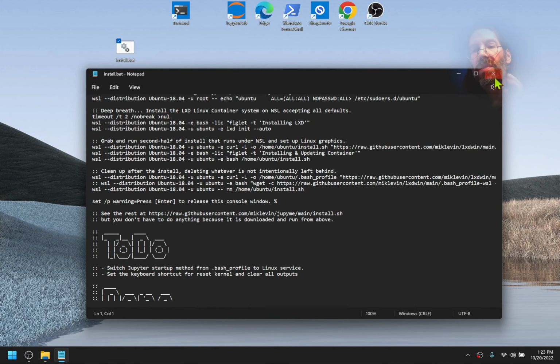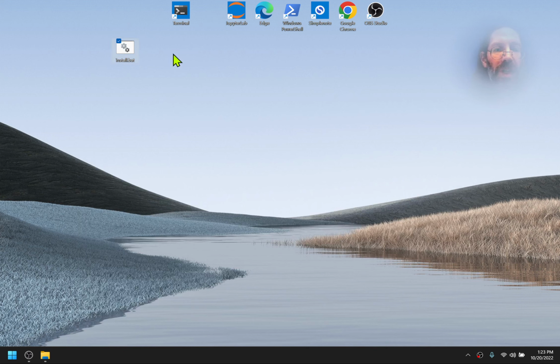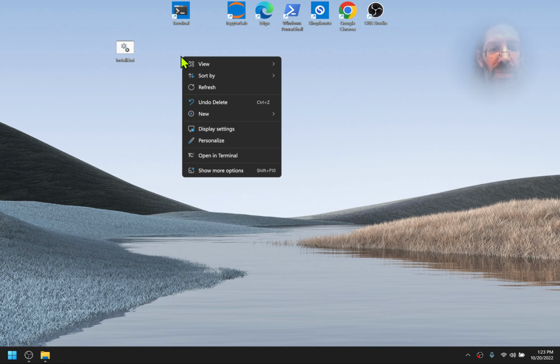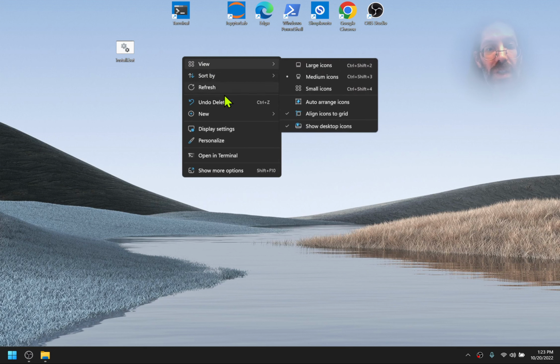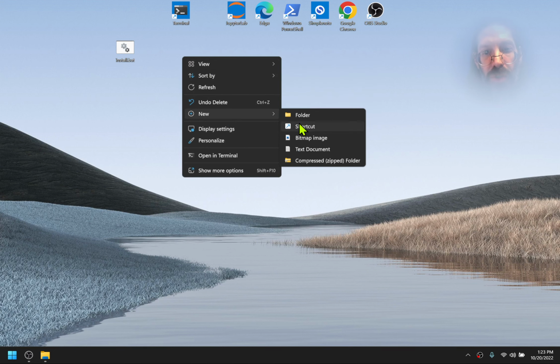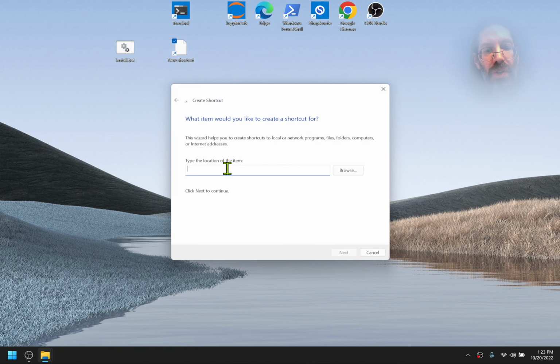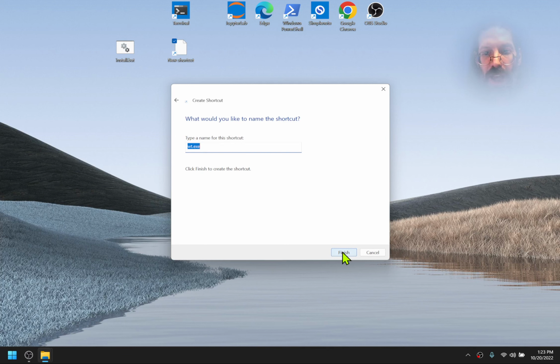Yeah, wow. Okay, so I'm going to have to think about that because people are going to need to know how to do this step, which is new, shortcut, and then the shortcut is to that location that I tell you at the end of the install script, which I have still in my copy buffer. I'm going to have to definitely find a way to make this piece of information more easily copyable for creating this icon. Then you hit next, and you give it a name like